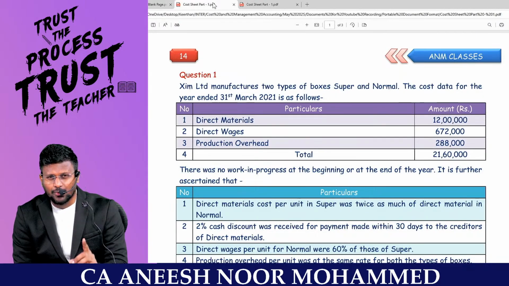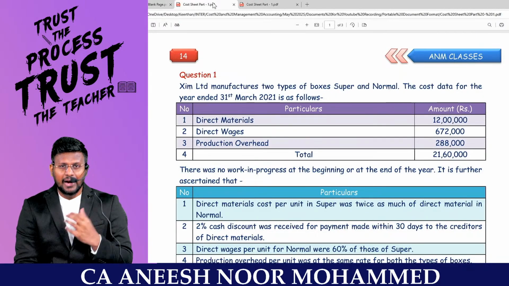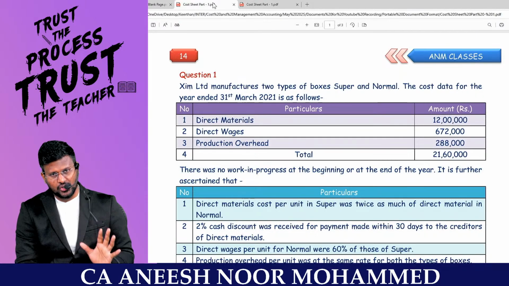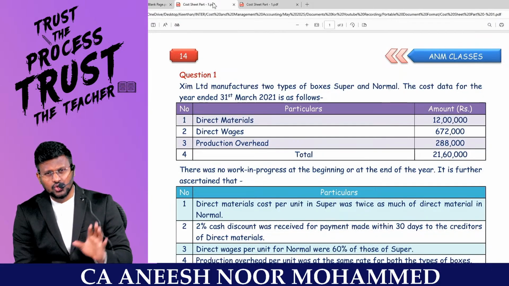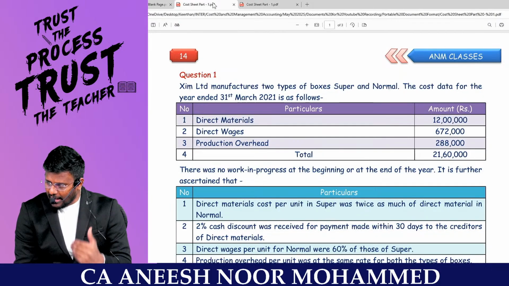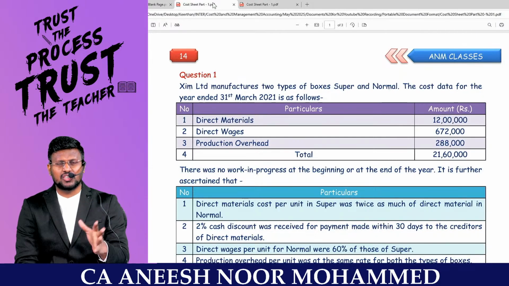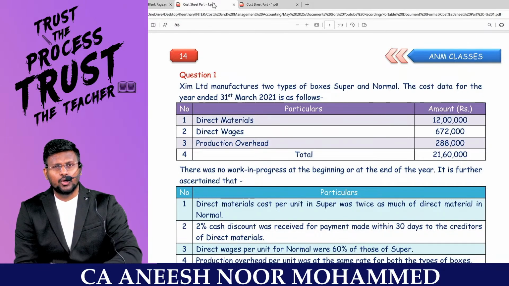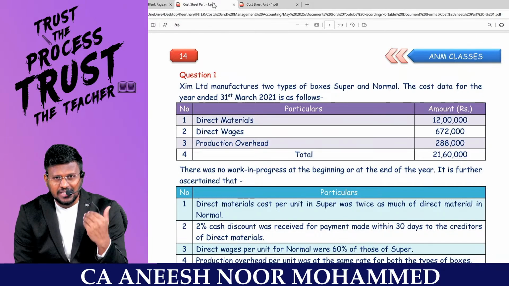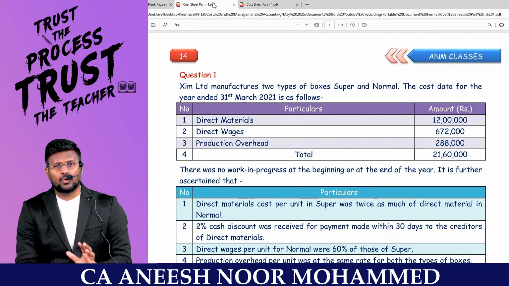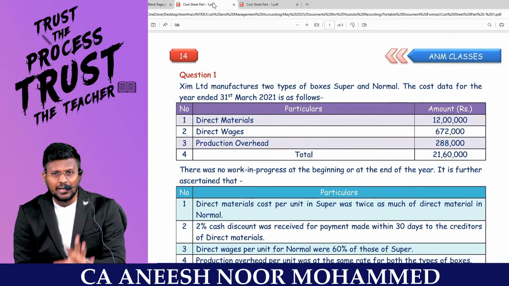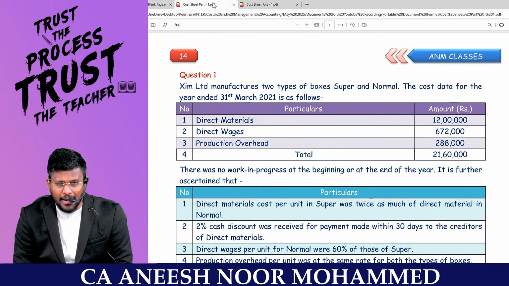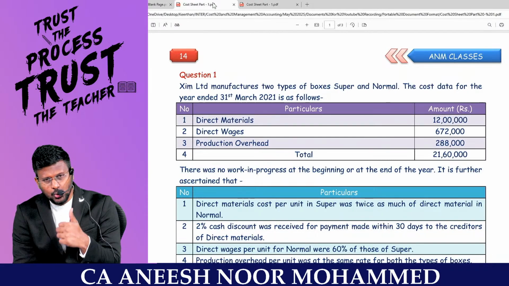That means you have to try the question on your own, and comment in the comment box what answer you got. I am not interested in solving this question by myself. I will give you the answer as a cross-check reference, to see whether you got the right answer or not. So in the question video, you have to comment what answer you got. In the answer video, you have to comment what mistake you made in that question. So this is going to be a workout batch for costing.